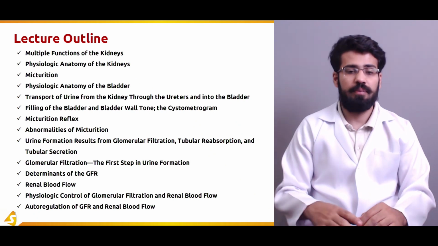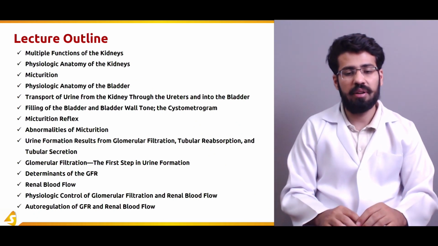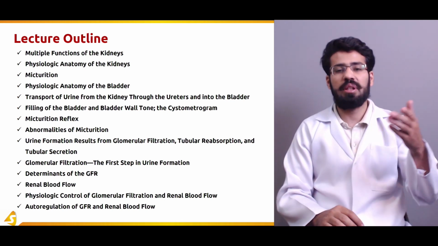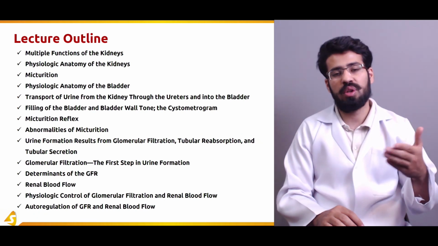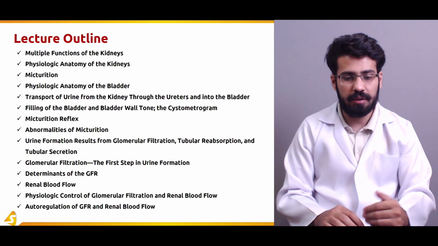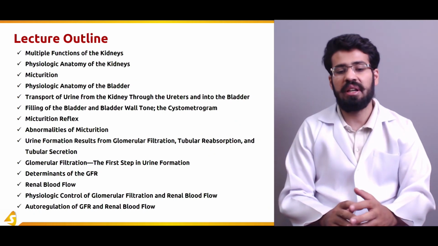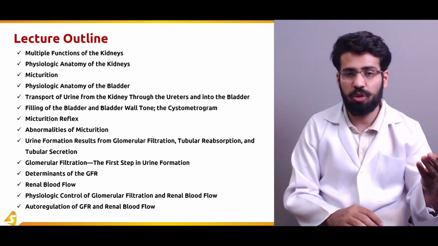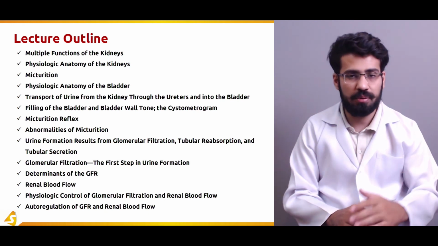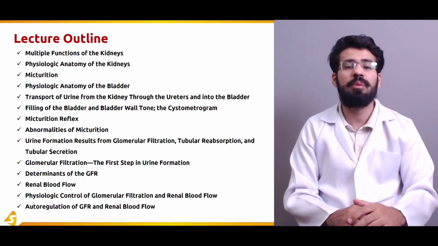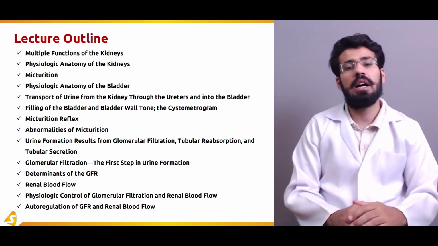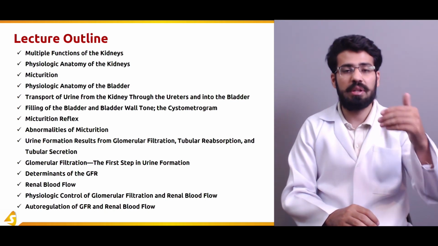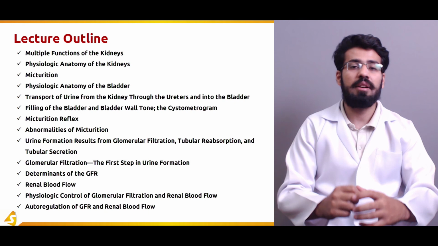We also discussed the glomerular filtration, which is of course the first step in urine formation. After the glomerular filtration, we discussed the reabsorption and the secretion part leading to the excretion part. We discussed the determinants of the GFR. We discussed the 4 determinants: hydrostatic pressure of the glomerular capillaries, hydrostatic pressure of the Bowman's capsule, colloid osmotic pressure of the plasma proteins in the glomerular capillaries, and the proteins that are present in the Bowman's capsule, which collectively affect the